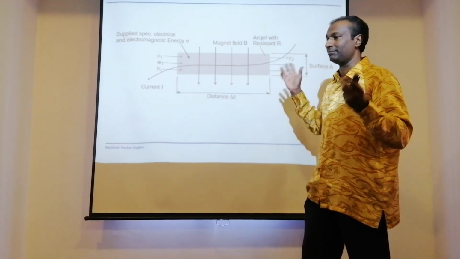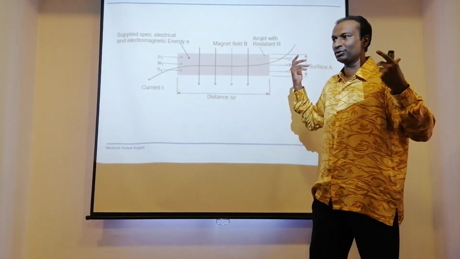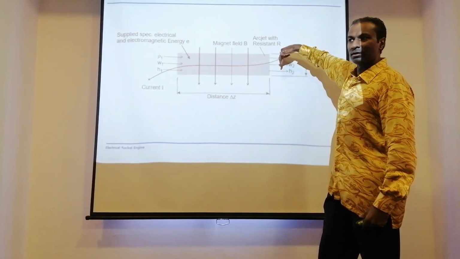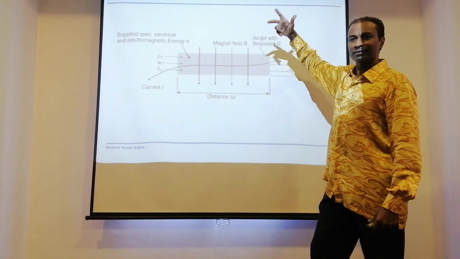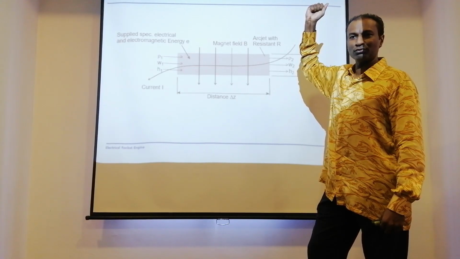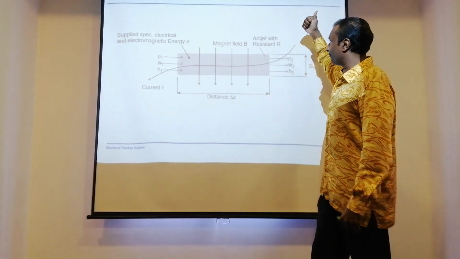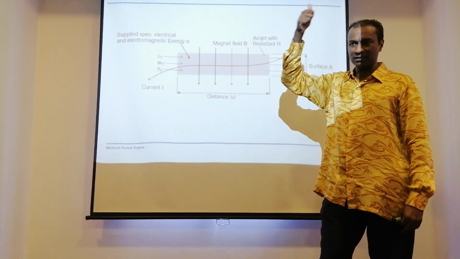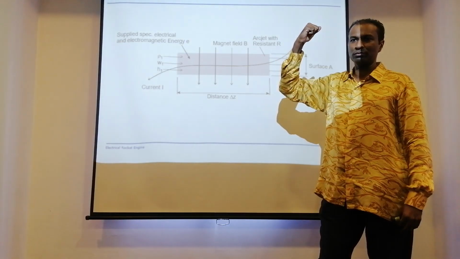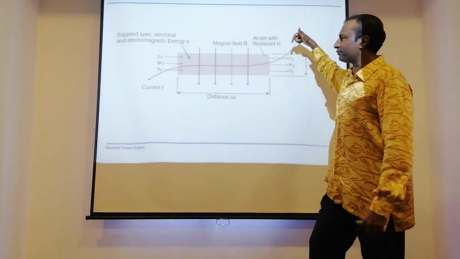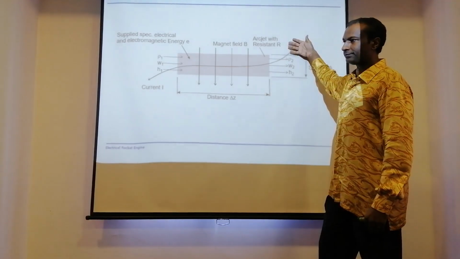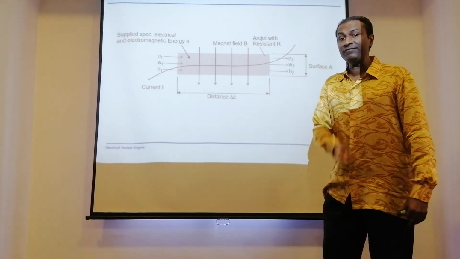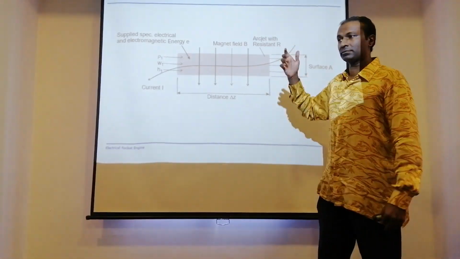So what exactly happens? Something must direct them. So there should be one force. So this invisible force of what? What force is this? Lorentz force. There are two important laws here. I think you have studied Laplace force and Lorentz force. Both of them are interrelated. So Lorentz force, when you have a magnetic field and you have an electrical field, you have a resultant force. And the invisible resultant force, because magnetic field also is invisible,